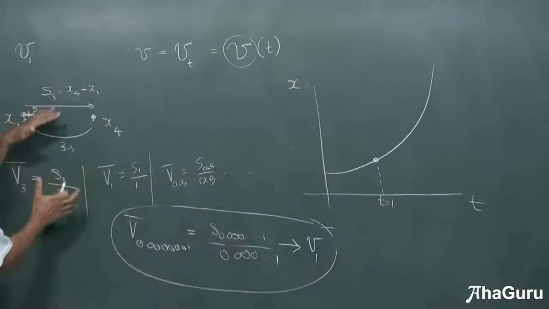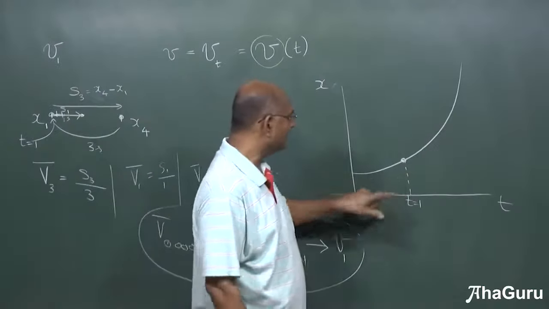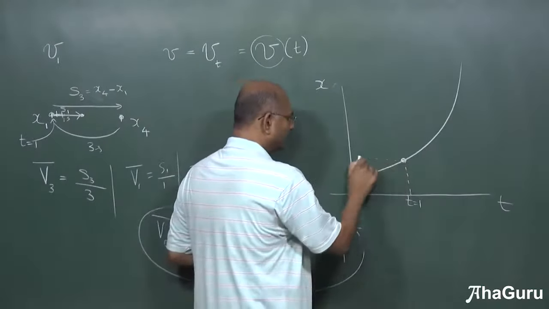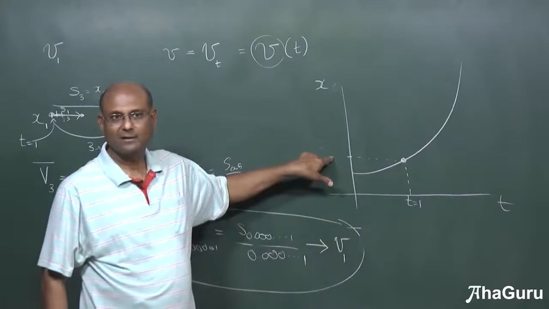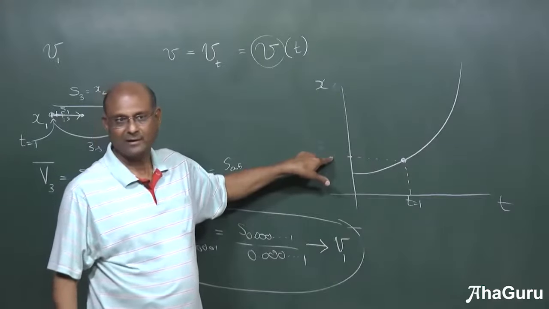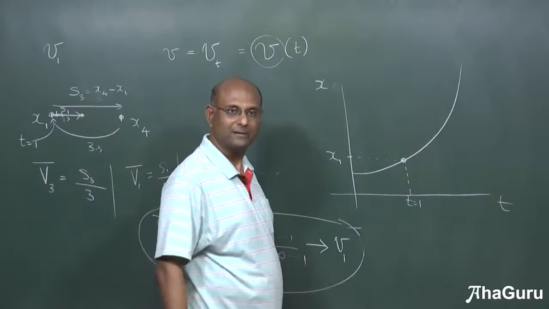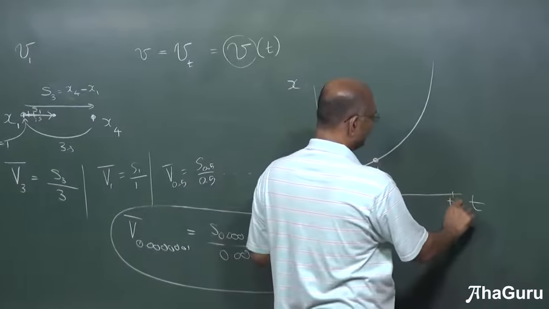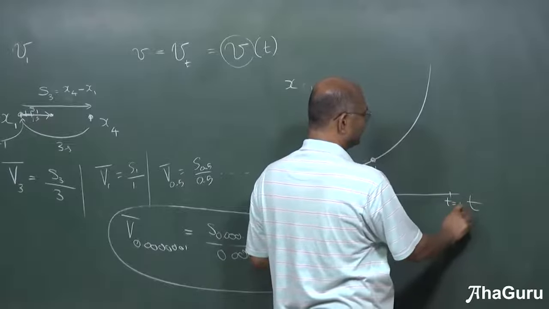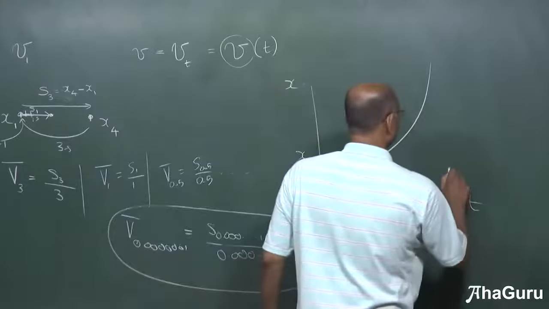Exact same thing that we did here is what we are going to do there. If this is t equals 1, what is the point here called? It should be called x1. Correct? If I say this is t equals 4, because we used 4 there,